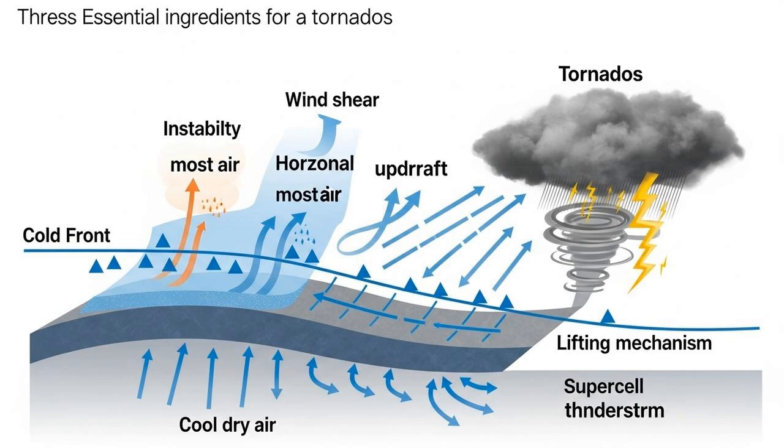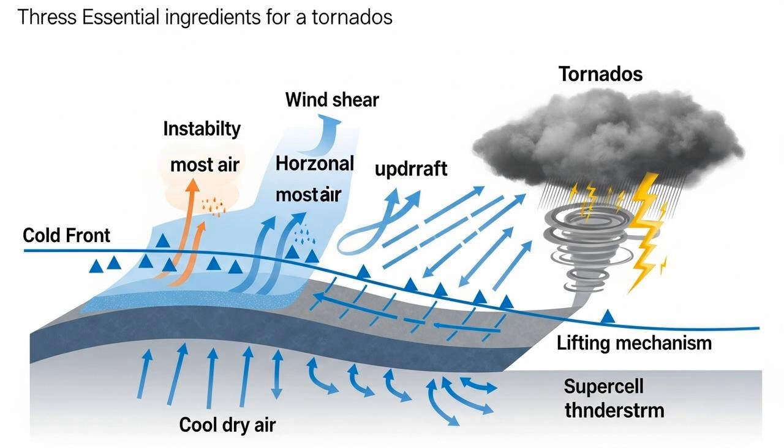The third and final ingredient is a lifting mechanism. You have the unstable air and the potential for rotation, but something needs to give that surface air an initial nudge upwards to get the whole process started. This trigger can be something like an approaching cold front, or a boundary between moist and dry air called a dry line. Once this trigger gives the air its initial push, instability takes over, and the storm begins to build